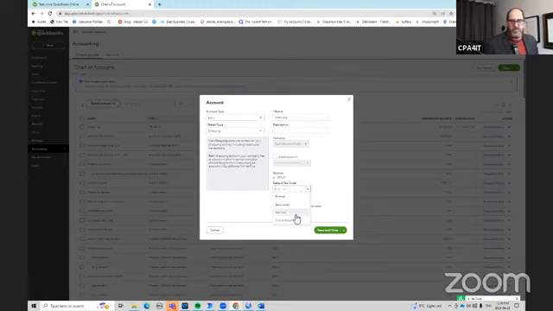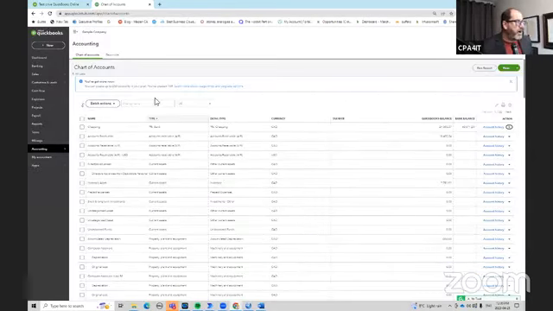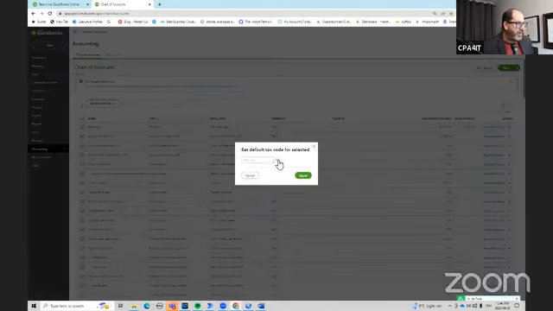Most likely going to be HST Ontario if you're here in Ontario, or whatever is the appropriate default tax rate. That'll make your bookkeeping a lot easier when we go through these transactions. You can also highlight all of these and do a batch action and set the default tax code for all of them. For now, I'm going to do HST on,